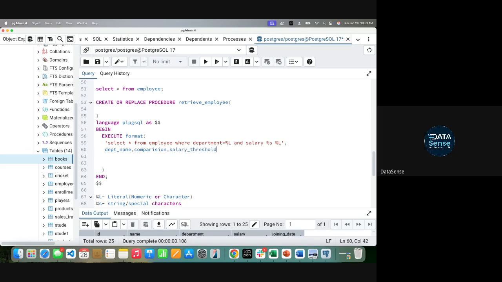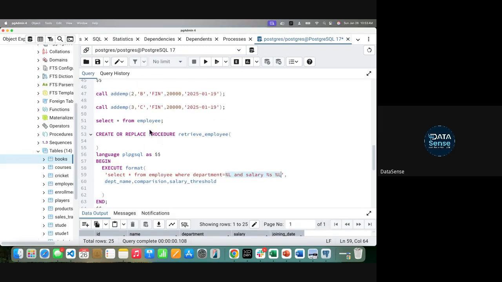Agreed? Remember, this order should be the same as you are passing things here. Now you need to get these values from here, because eventually, whenever you call a stored procedure, you pass parameters. So this procedure should take 3 parameters.